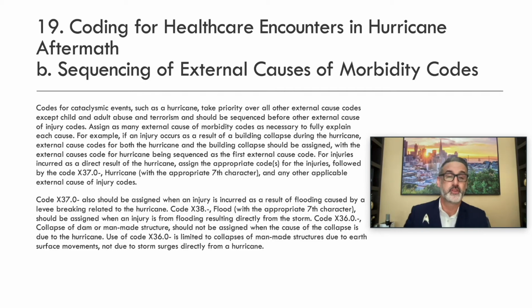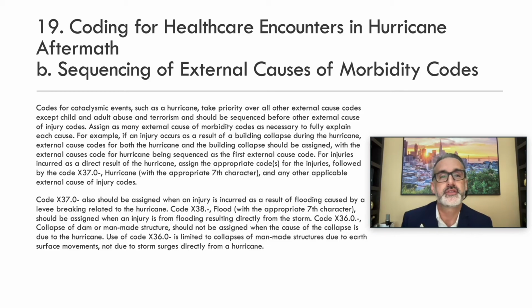And then sequencing for those external cause of morbidity codes, again, dealing with the hurricanes. For cataclysmic events such as a hurricane, they take priority over all other external cause codes, except for child and adult abuse and terrorism, and should be sequenced before other external cause codes. So simply put, patients involved in a hurricane, those X codes for the external causes would come first before any